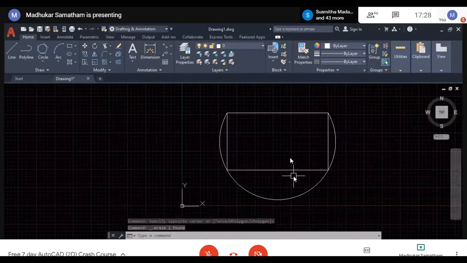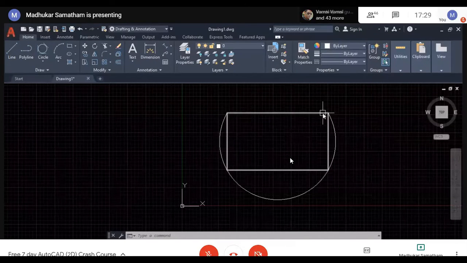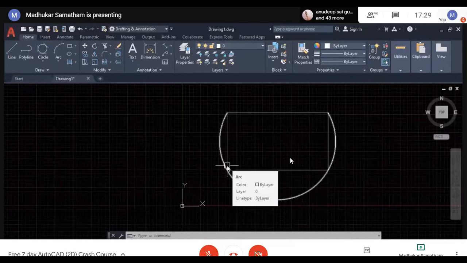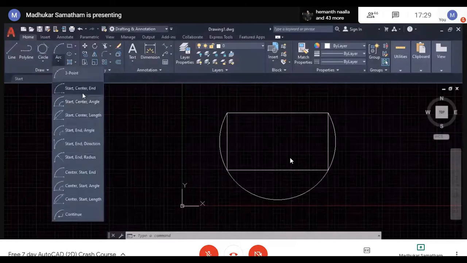You can generate by using the 3-point arc. Another one is start, center, end point.